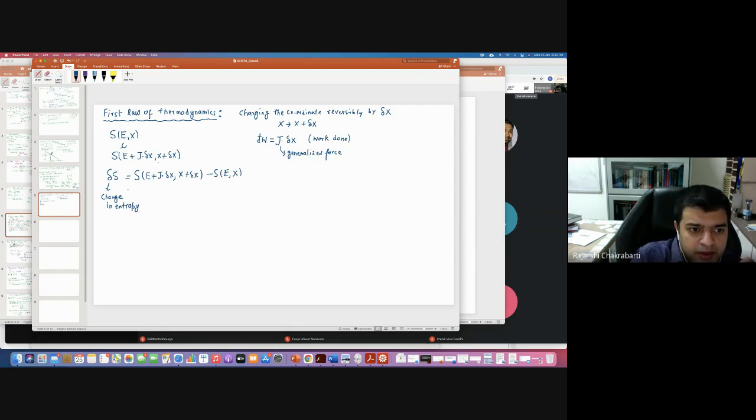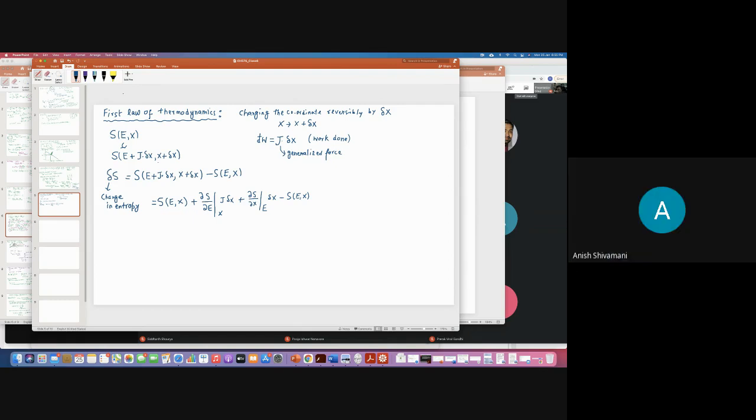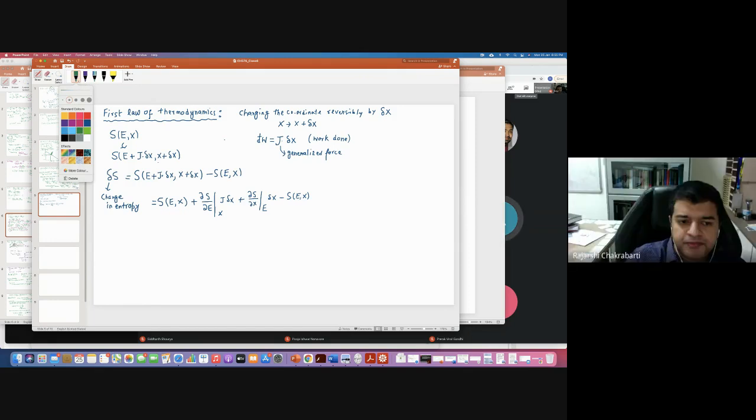Okay, and this one is equal to, I do something like Taylor expansion, and I go up to first order. I don't go beyond first order. If I do this, I'll have plus del S del E, of course you have to call it some X, J into delta X plus del S del X, because delta X is very small, so I don't take any second order term. Is this clear what I have done? Yes, sir. Can I cancel this too? Yes, sir. So what I have here is delta S is equal to